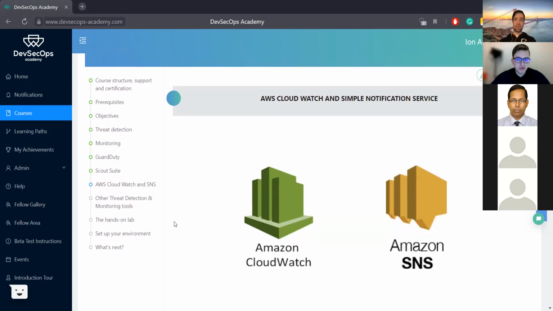You're going to use them to trigger Amazon CloudWatch events, and then also use the SNS service to send notifications to your email when AWS GuardDuty finds something.